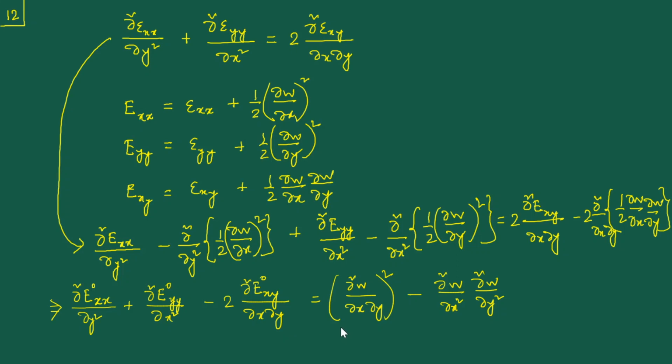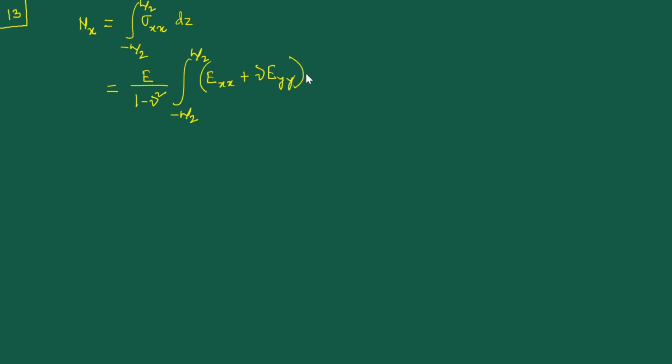What I'm going to do next is to reconsider the expression for the Nx. Okay, because that actually contains within it the sigma xx, and we'll see how we finally make this connection with the Exx naught, etc. So this is what we have now. This sigma xx, using the constitutive relation, I have this as, so sigma xx is E by 1 minus nu square times Exx plus nu Eyy. So again, I am using whatever we had discussed back in our chapter on 2D elasticity